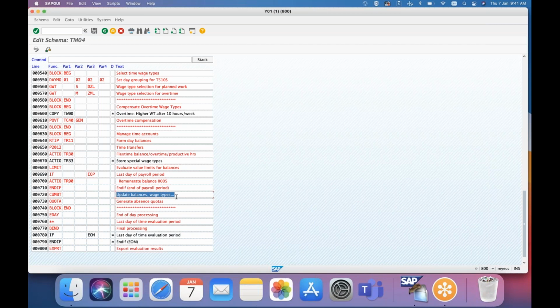Even for waste types, we have some temporary tables, so we'll discuss that in the coming sessions. But as of now, the TES table will be updated to ZES after the CEMBT function, and that ZES table will be input for the quota function. This quota function will read all our configuration, especially the generation rules, set base entitlement, all this stuff.